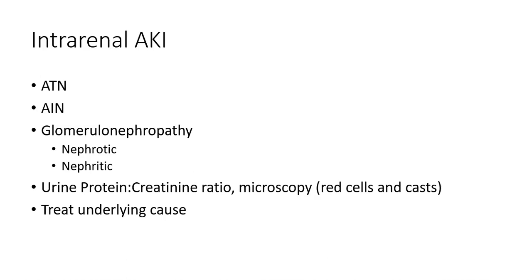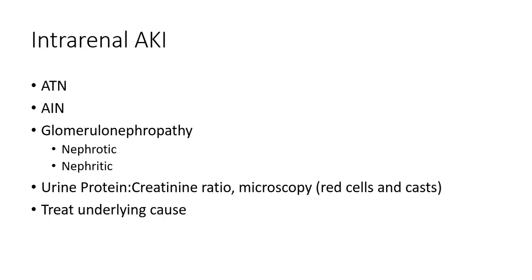lupus nephritis. In terms of investigations for an intra-renal AKI, an important thing to do is to look at the urine protein creatinine ratio, and if this is markedly elevated, it would suggest significant proteinuria, which would be in keeping with a nephrotic syndrome and possibly also a nephritic syndrome. If the urine protein to creatinine ratio is reported in milligrams per millimoles, you can multiply this by 10 to get the estimated protein excretion in milligrams per 24 hours. This is a reasonable alternative to collecting a 24-hour urine to measure the total protein, which can be tricky and